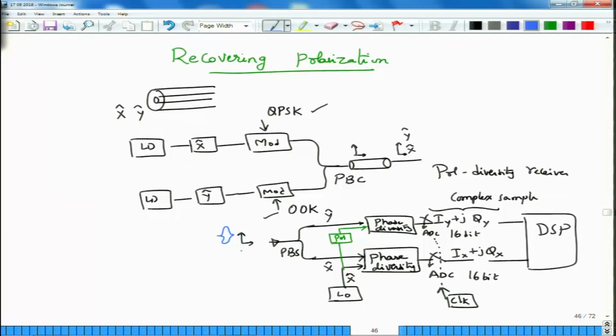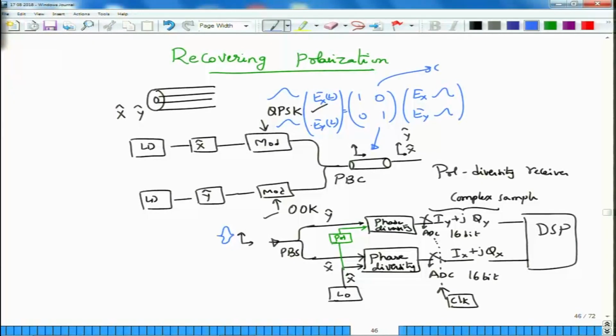If this channel or the optical fiber were an ideal fiber, then sending something on EX, a pulse, sending another pulse which represents information of course on the Y polarization, the output of this one would also be something like EX at the output, which I will call as L, EY at the output of L, with near identical shapes that you have transmitted. Okay. So, in that case the channel would essentially be the identity matrix, or the fiber would essentially act like an identity matrix, and no polarization crosstalk would occur. Okay.